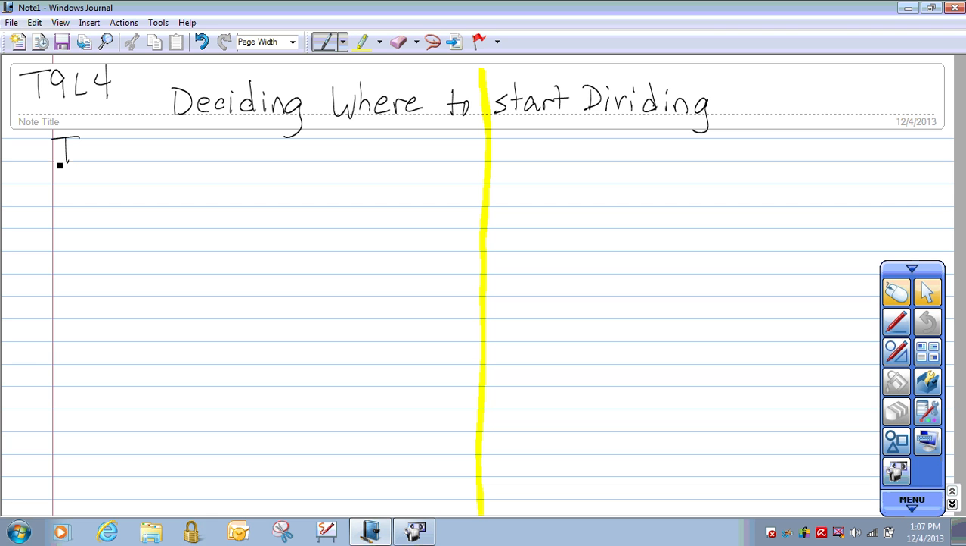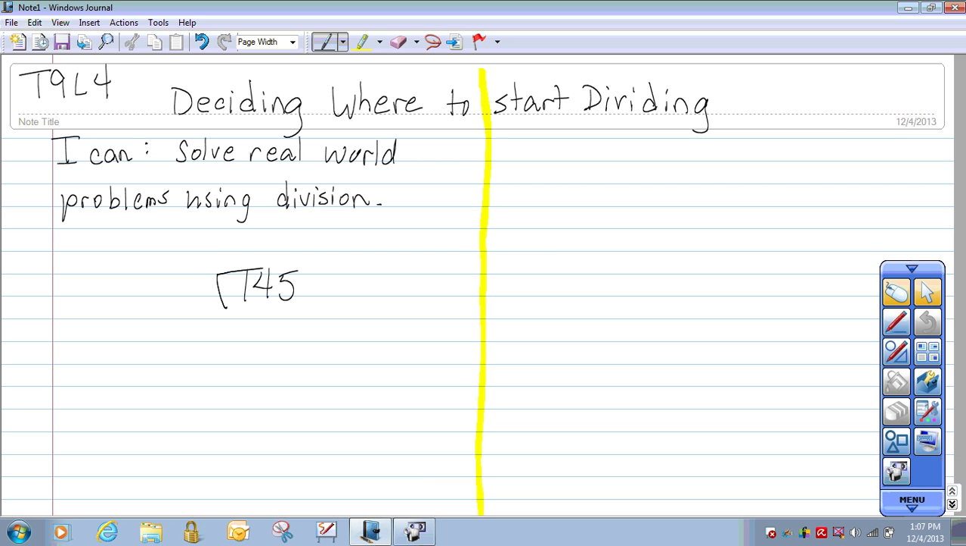Okay, your I can statement is going to be the same as it has been in some of the previous lessons, and basically is to solve real-world problems using division. And of course we know that 3-digit divided by 1 digit is the biggest we're going to get at this stage. Let's look at the 2 different ways you can evaluate where to start dividing. We will use the sample from the book,